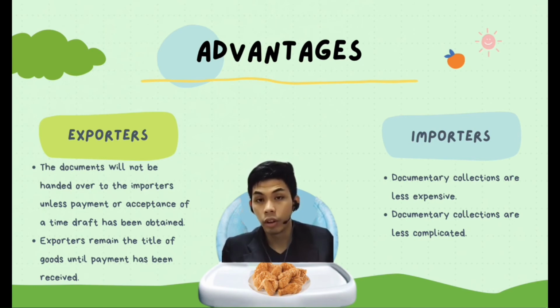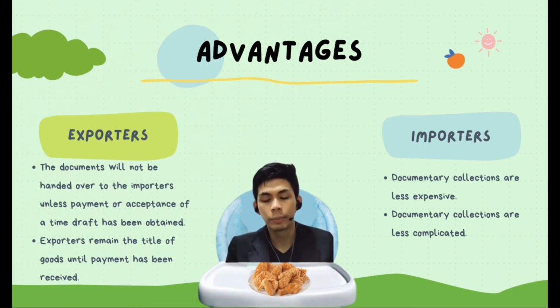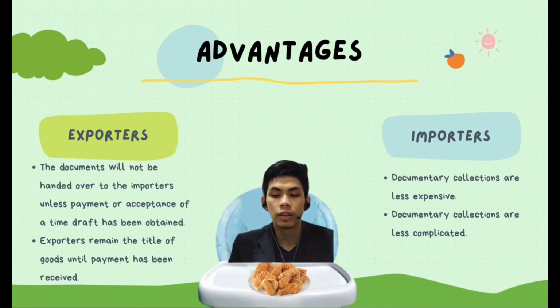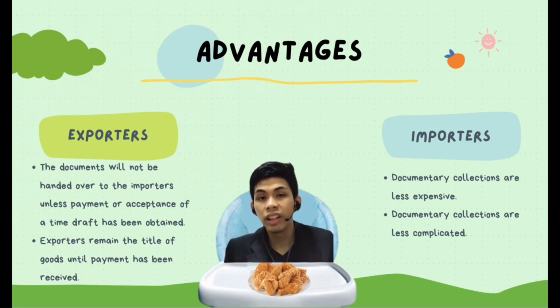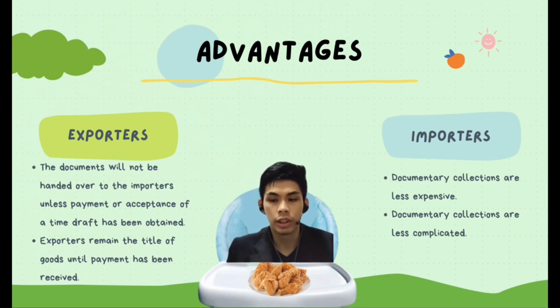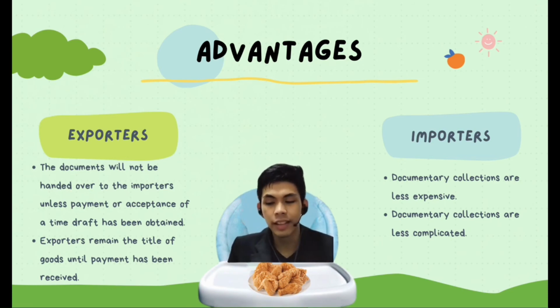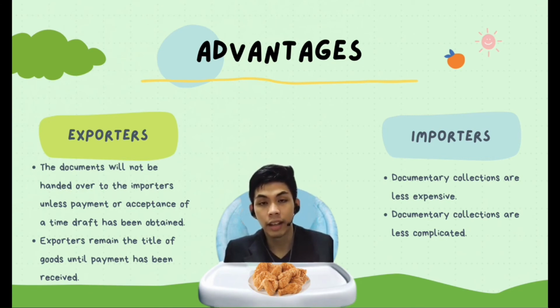Thus, the importer cannot clear the goods from the customs without the documents. This gives a payment warranty to the exporters. Other than that, the exporter also remains the title holder of the goods until the payment has been received. As for the advantage for the importers, documentary collection is less complicated than its counterpart, which is letter of credit. Documentary collection is also less expensive than letter of credit, thus making it advantageous for importers to use this type